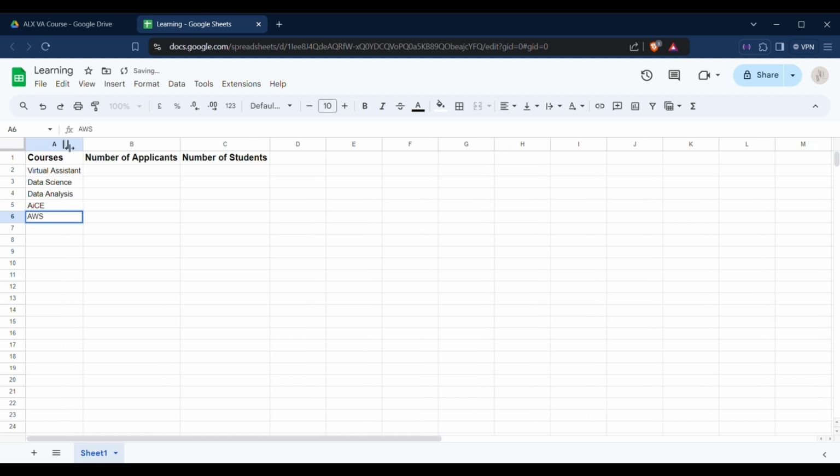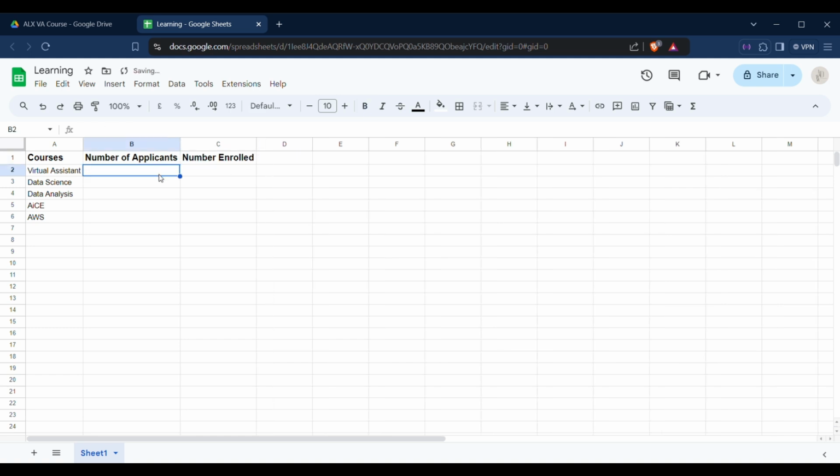So instead of number of students, let's say number enrolled, because you can show interest in a subject, but it doesn't mean that you necessarily signed up and completed registration. So let's say the number that's currently enrolled. Let's say the number of applicants for the virtual assistance course was 7,000 students, but the number of those that are actually enrolled is like